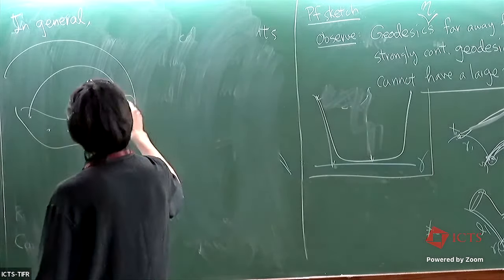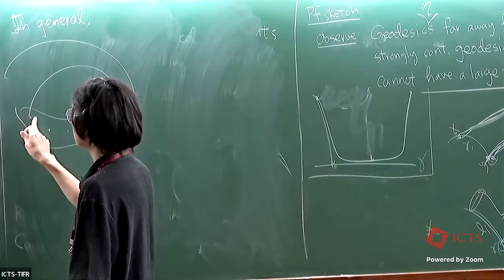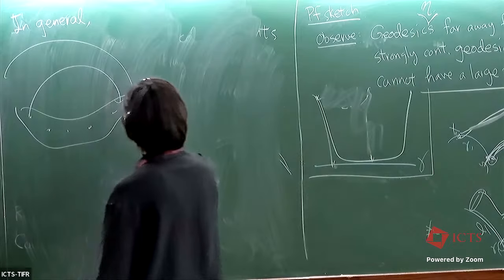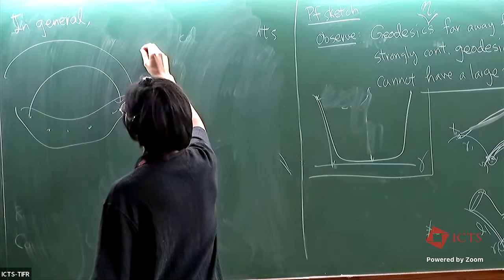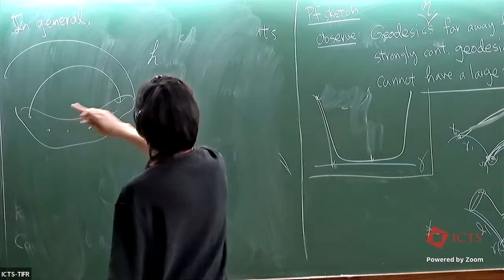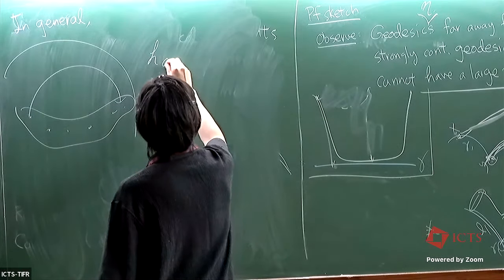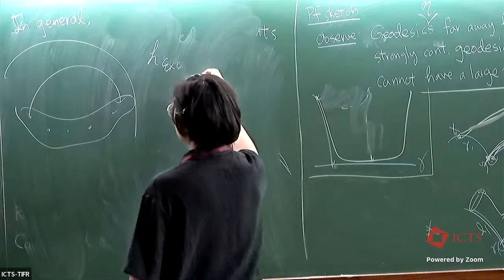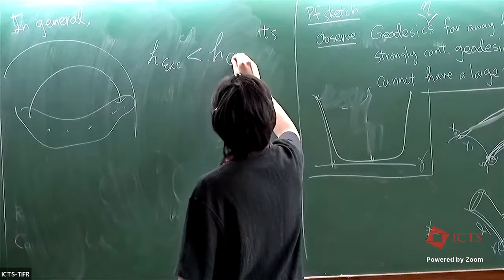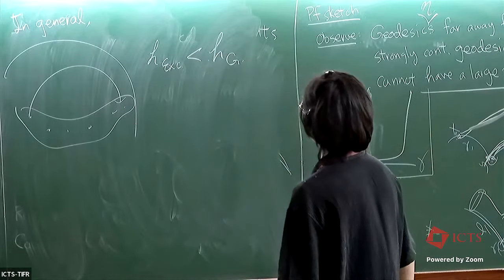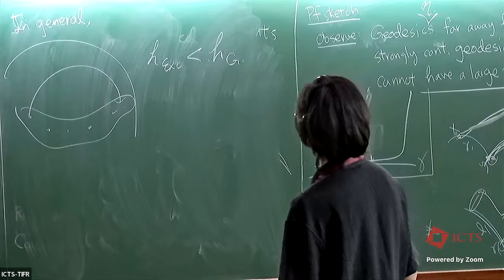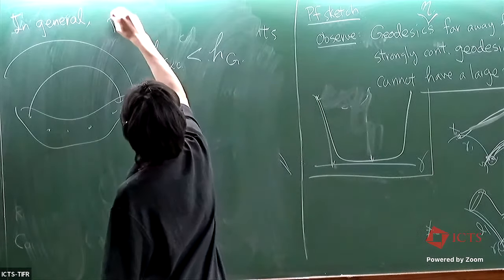So there's a way to pin out those elements, and you can define some constant analogous to that. Let's say this is the excursion exponent. I will not go into the definition, but if this is strictly smaller than the critical exponent of the ambient group, then we call it